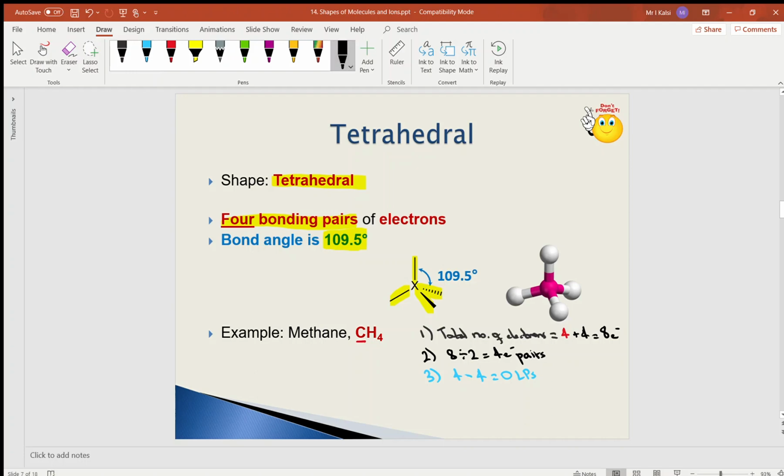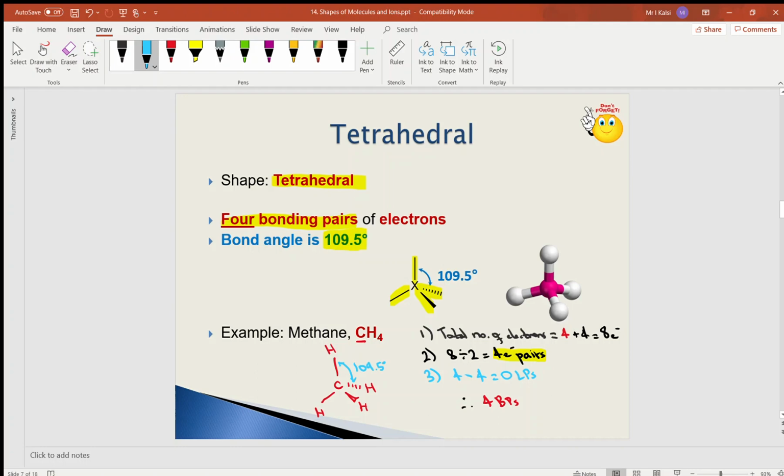Therefore, my conclusion here would be that out of my 4 electron pairs, I have got 4 bonding pairs of electrons. If I draw the shape for 4 bonding pairs, I just simply replace X with my carbon and draw this. There it is, H, H, H, H, and the bond angle, which I'm going to label in blue, there is